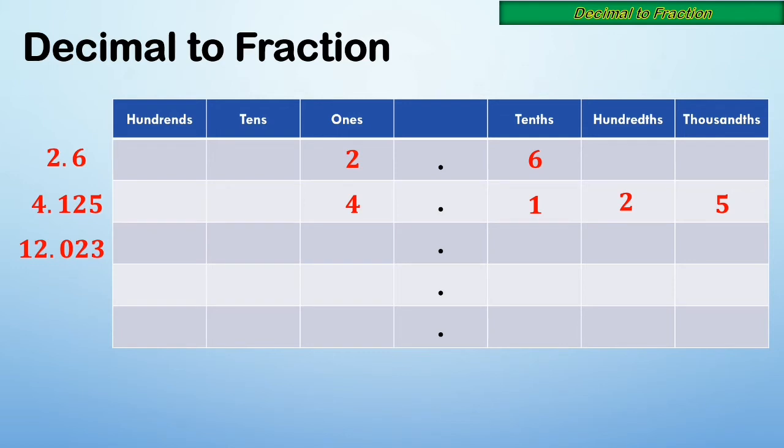12.023. Okay? 1 is the tens. 2 is ones. Place value tayo. Then 0 is the tenths. 2 is hundreds, thousands or 3 is the thousands place. Therefore, it will read as 12 and 23 thousandths. Okay? 12 and 23 thousandths. We have